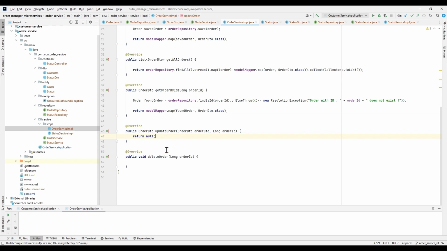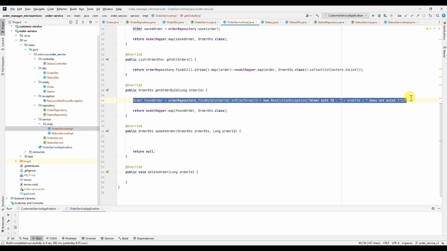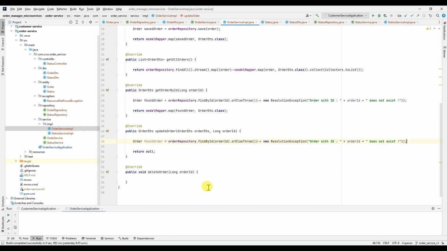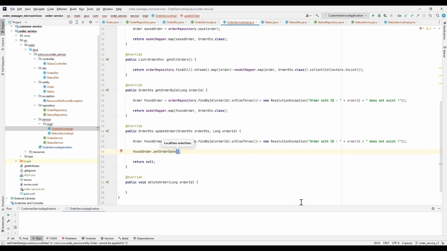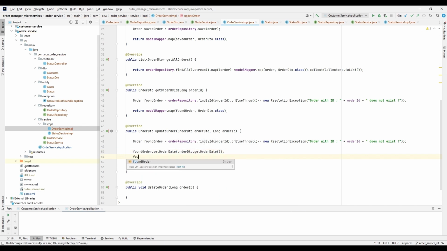Inside the update order method, we will have to again call the find by ID method of order repository. After that, if we find any order for that order ID, we can simply set the values for that found order using the order DTO object values. We have to set all the values like order date, order description, order status,